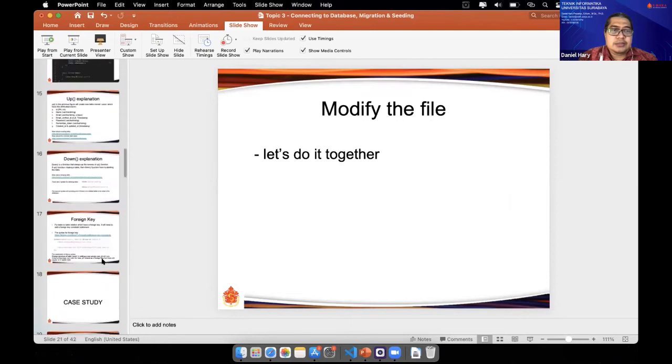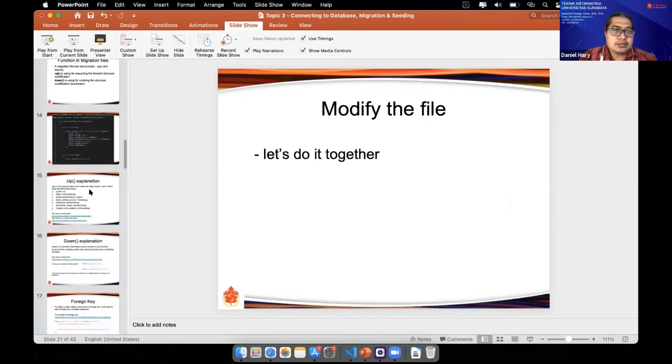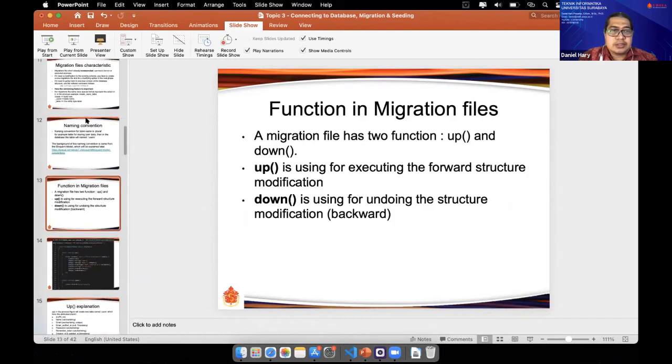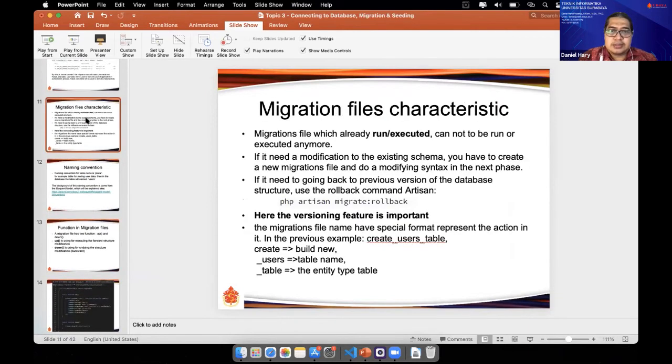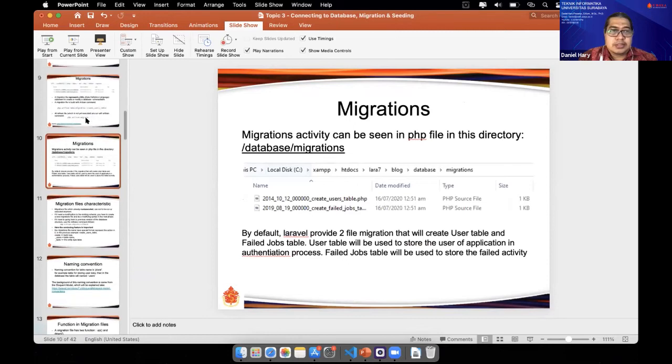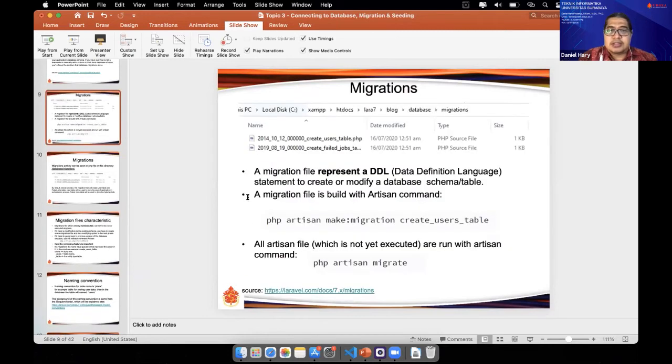For creating a migration file, where is the create migration file? We have to create a migration file for product, because the table name is plural, we should use products.